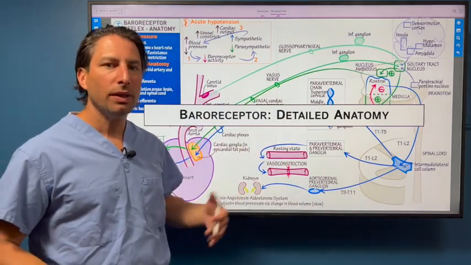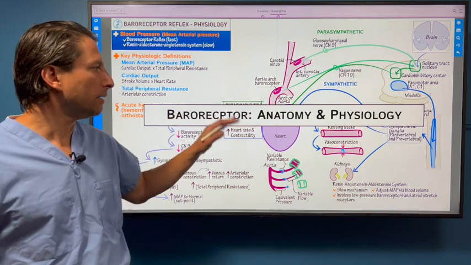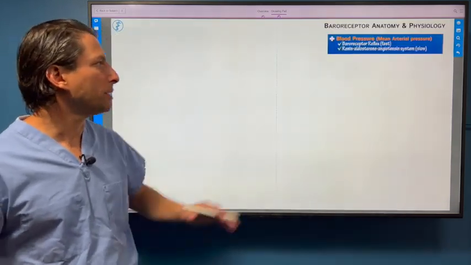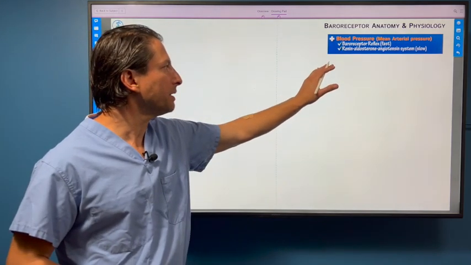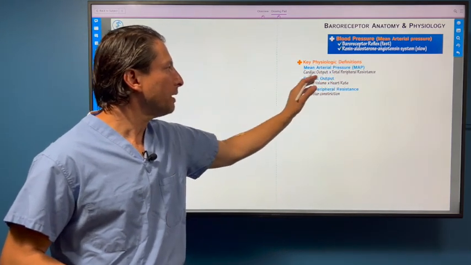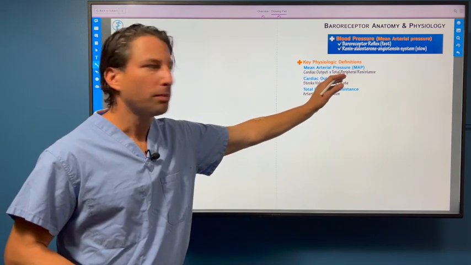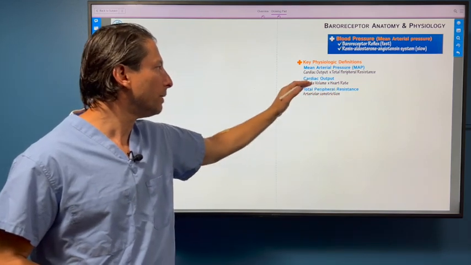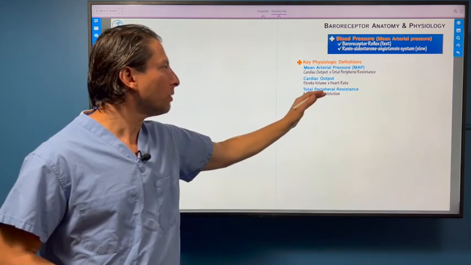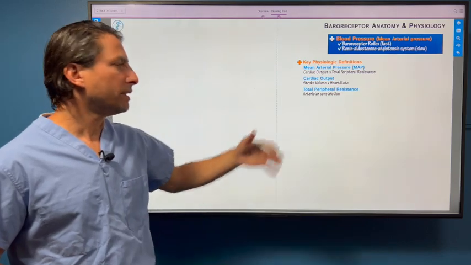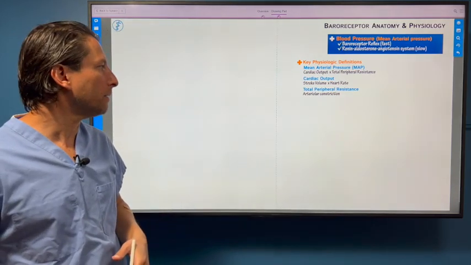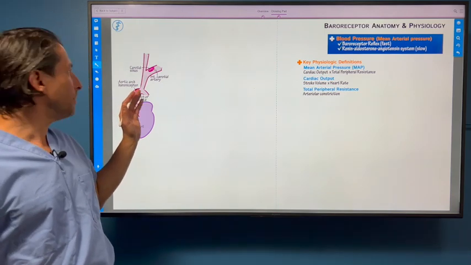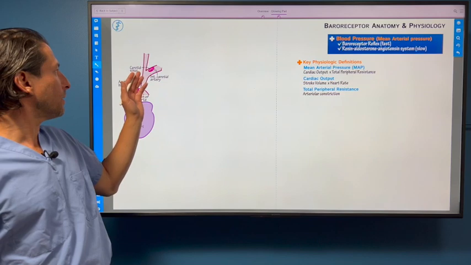Baroreceptor, again, we have two tutorials in this section, detailed anatomy and then just anatomy and physiology. We're going to combine things again for our purposes here. Some key definitions: mean arterial pressure is cardiac output times total peripheral resistance. Cardiac output is stroke volume times heart rate, really core to physiology. And then total peripheral resistance is a definition of arteriolar constriction. So here's our heart, and then here's our baroreceptor and the arch of the aorta, and then here's our